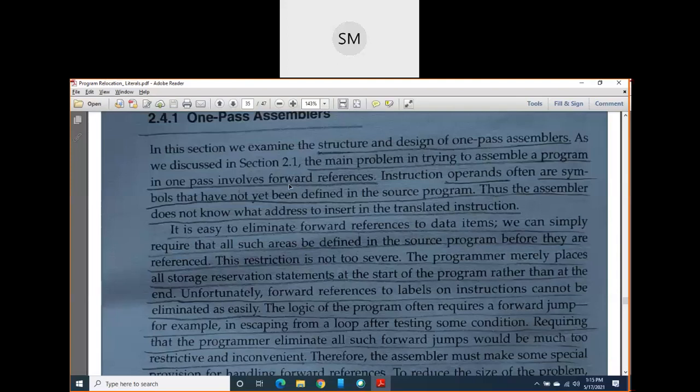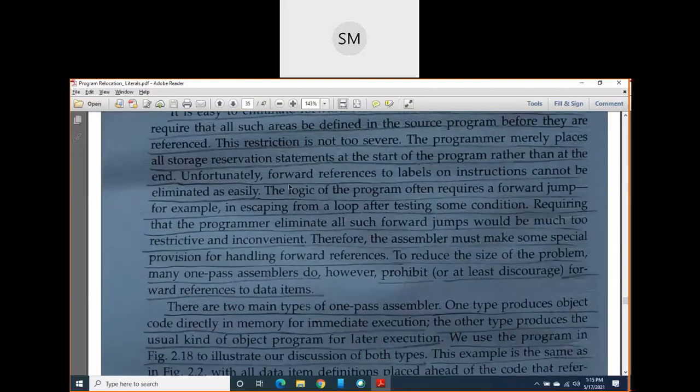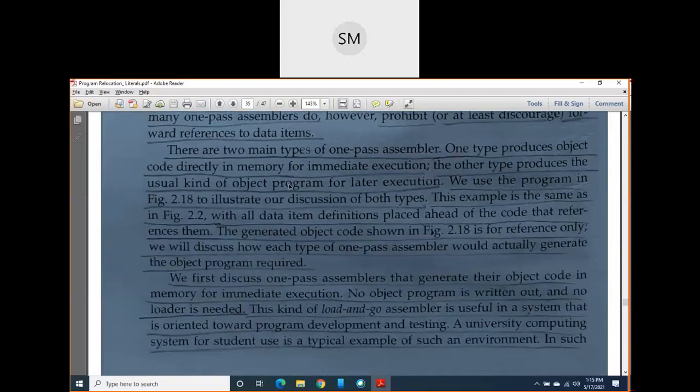How to eliminate these forward references now? That I just explained. So these one pass assemblers again have two types. The first type is load and go, in which the assembler directly loads the object codes into the primary memory for execution.